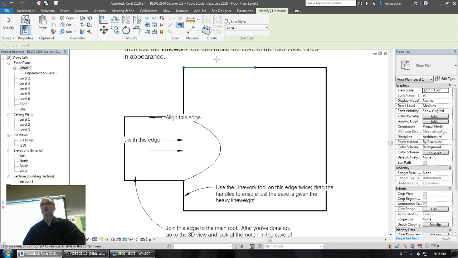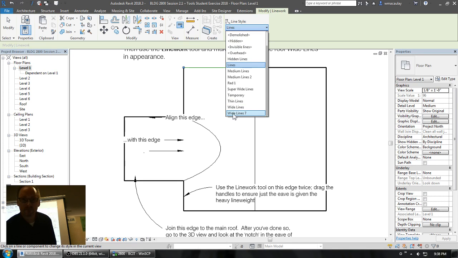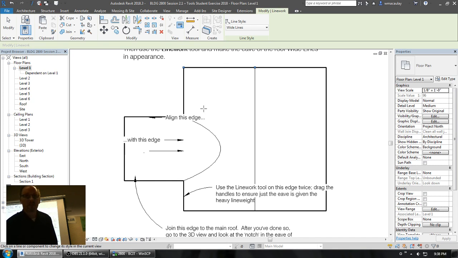Now, if I have other plan views that see this roof, they're not being affected. The Line Work tool only works in the view that you are in and using this command. So there you go. Alrighty. I'll talk about temporary hide later. We don't have that much time left here, so